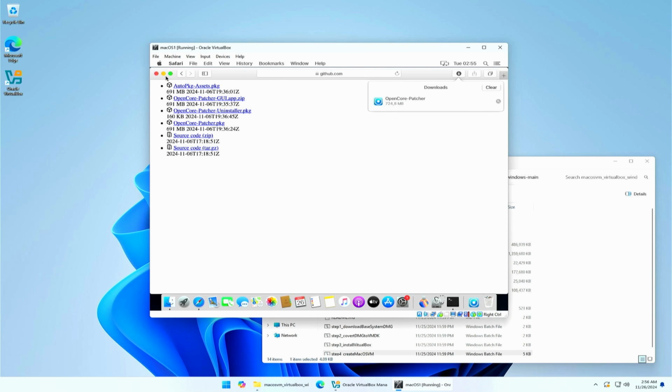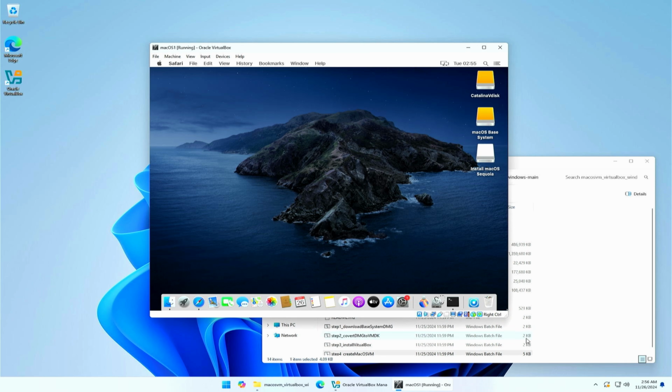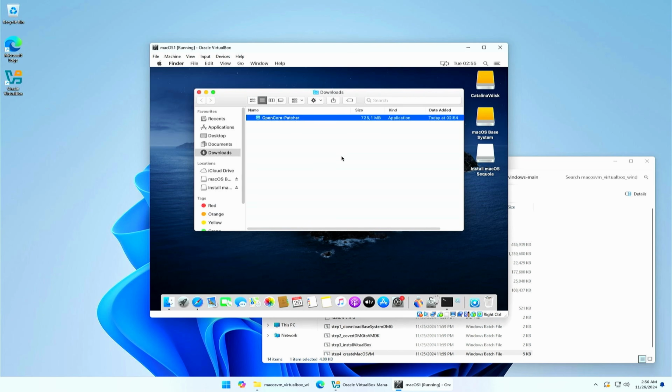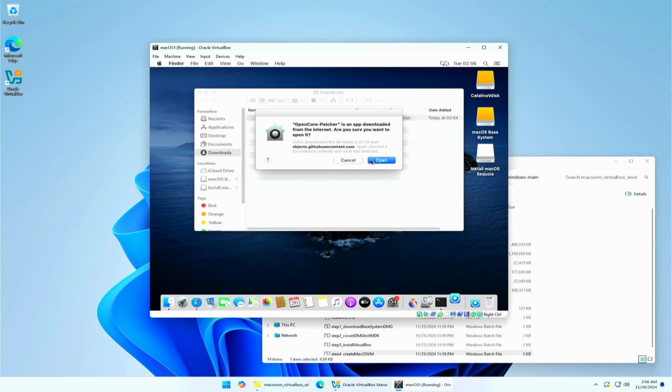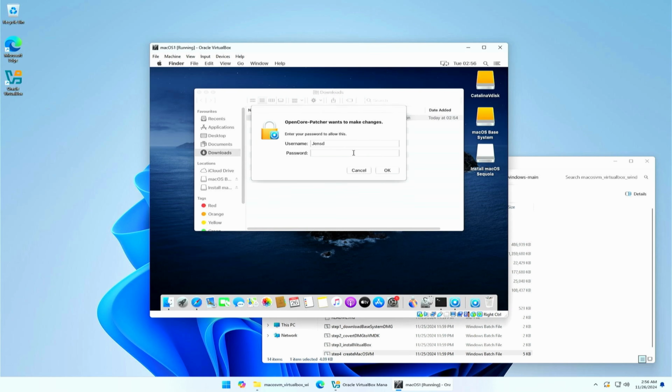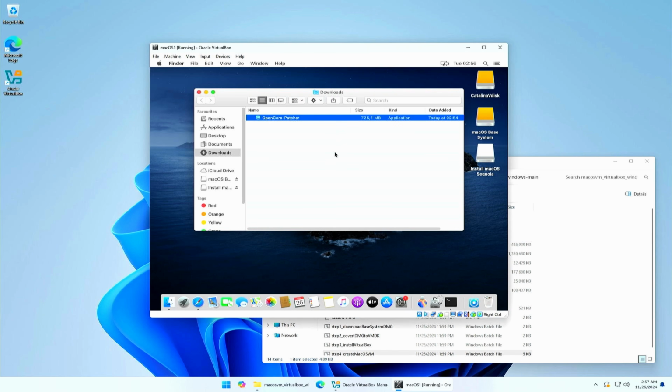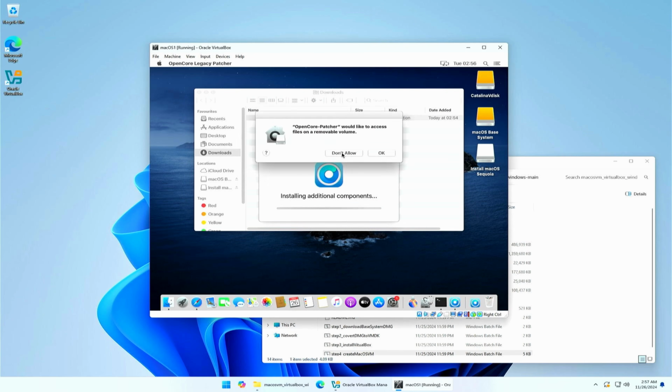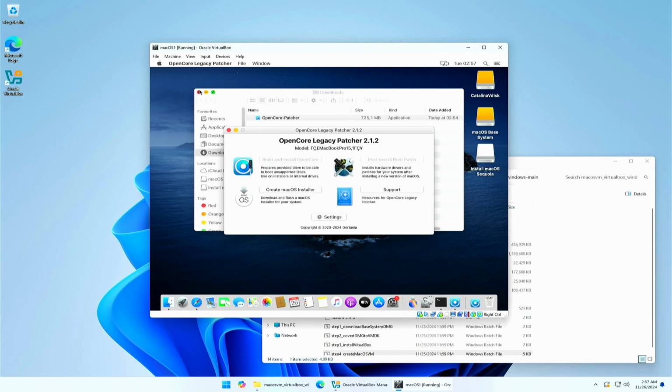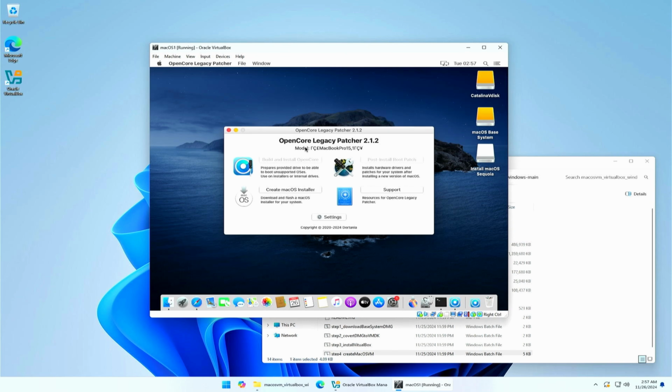Once downloaded, go to your Downloads folder in Finder and start the application. When asked, provide the password of the macOS user in the virtual machine. For some reason, I needed to start the application twice before it would actually launch, but eventually I got to OpenCore Legacy Patcher. As you can see, the option Build and Install OpenCore, which you actually need, is grayed out. This is because OCLP does not know the model of Mac I'm running this on. It looks kind of strange here, and that's because we're running macOS in a virtual machine.